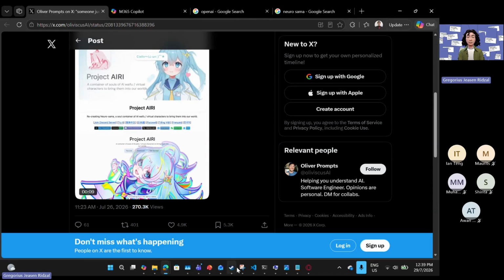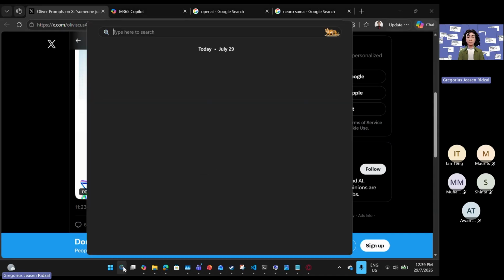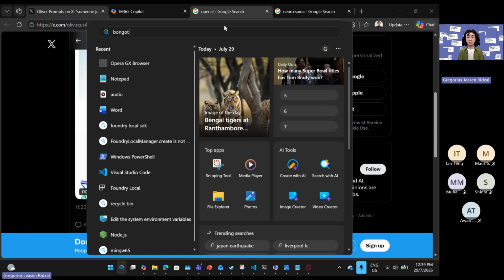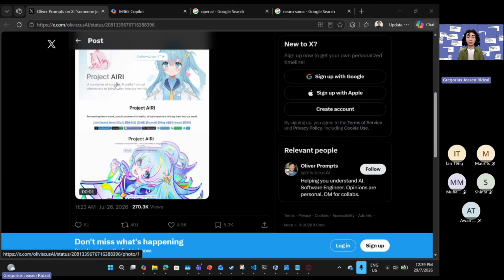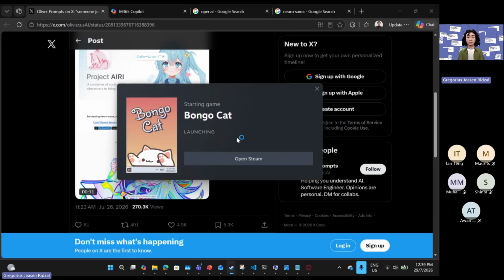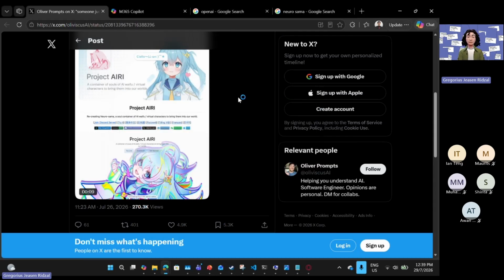Because one thing I've been having, well, similar to this, I guess. Let me see if I can turn it on. It's Bongo Cat. I've been having this Bongo Cat every time I work. I'm running my Steam. I think you're talking about having a companion while you work, but all I have is Bongo Cat.